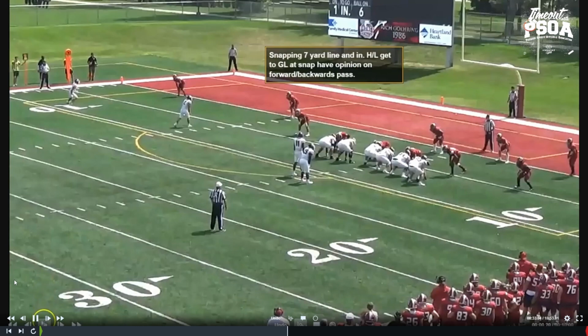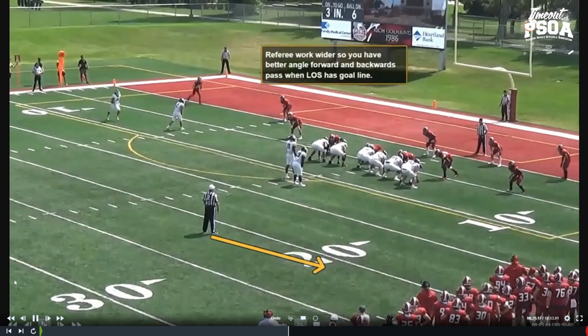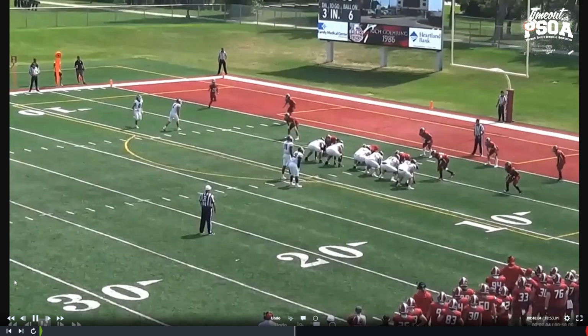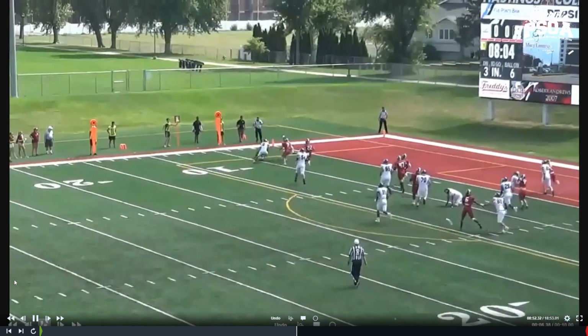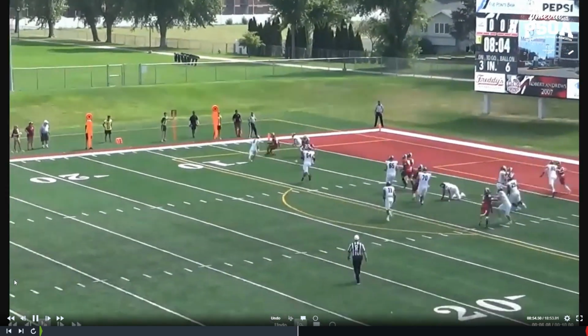So mechanically, everything is good here. Sean's comment is, if you're going to be primary on that, then this might be a time where you might want to slide out a little wider so you have a better angle on that forward-backward. Okay, but let's watch our line of scrimmage official. We do go to the goal line right away at the snap, so that's good.